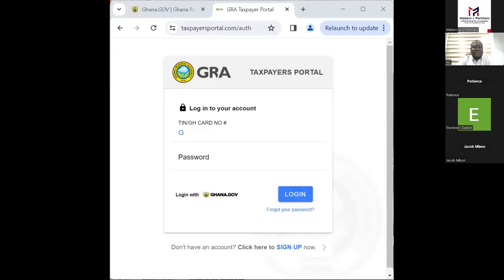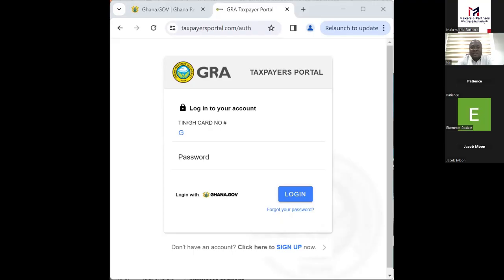or a person in a partnership, and you earn income above 402 Ghana cedis per month. So if your income is less than 402, you are not required to pay a tax because you are below the threshold.